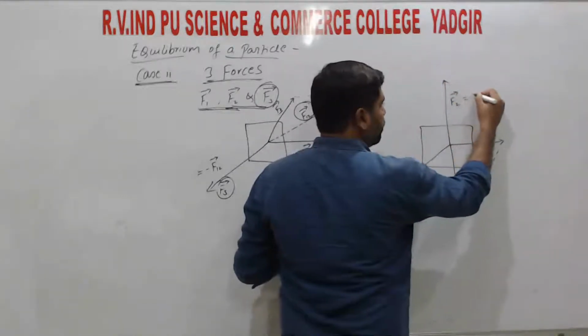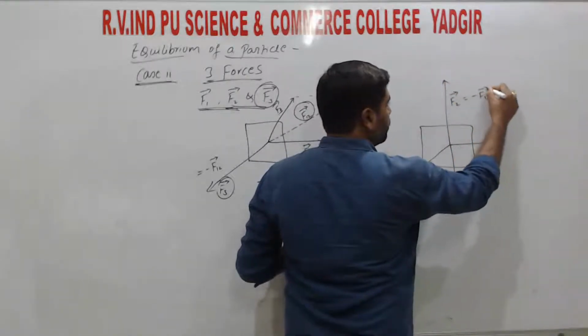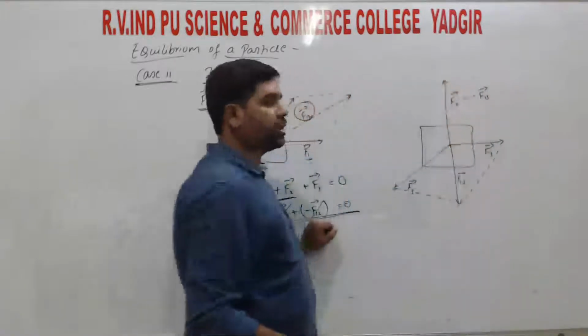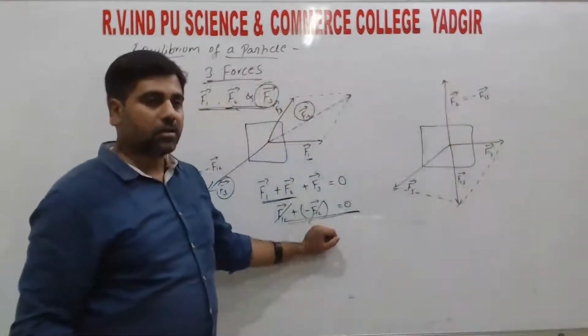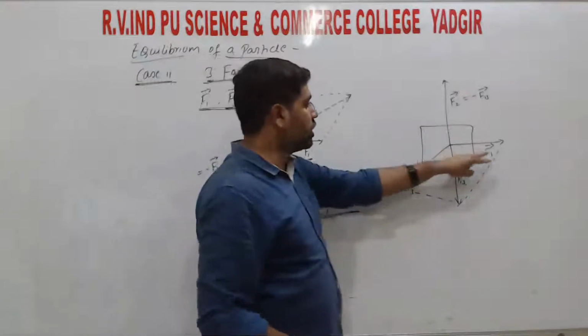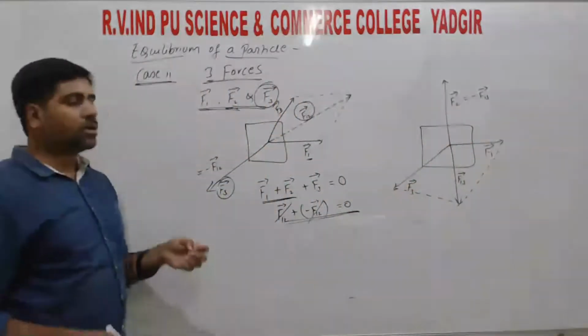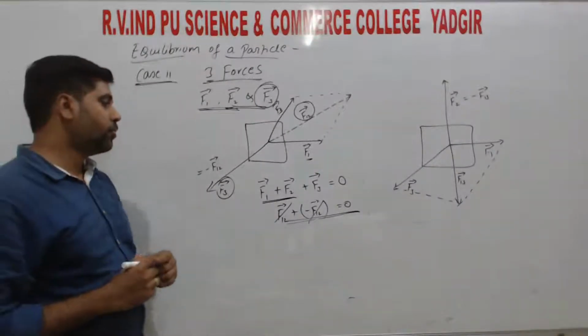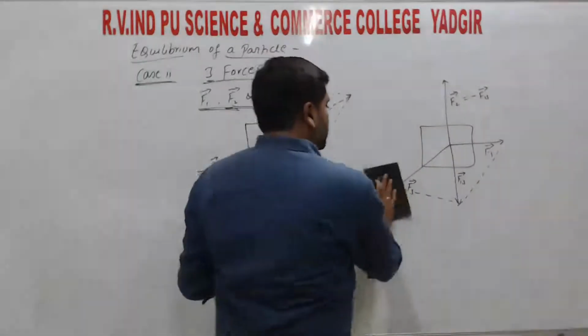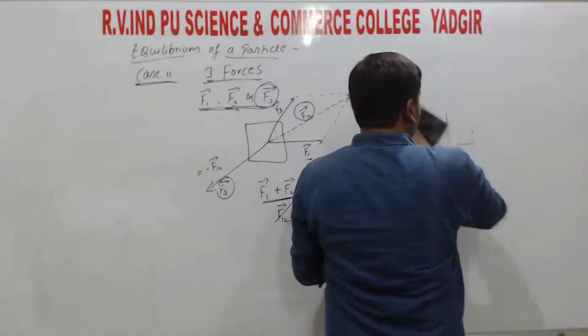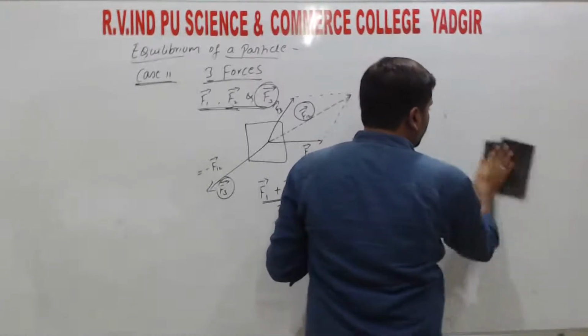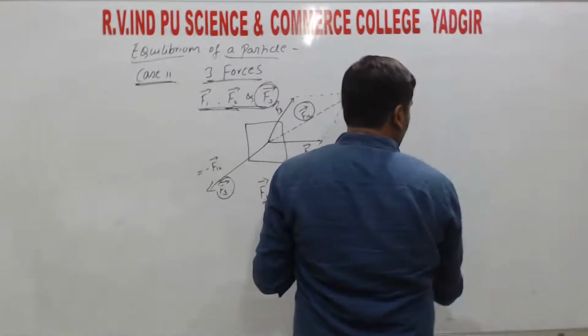F2 is equal to minus F1. So in this direction, a force is acting on us, right? So the three forces are F1, F2 and F3. You can consider any of them, right? So next, these three forces are represented by the three sides of a triangle which are taken in an order,